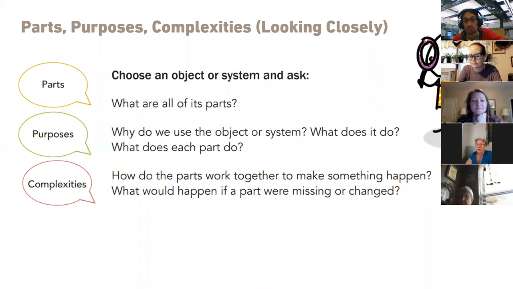These are the questions that you maybe don't have an answer to. Maybe you found a part that confuses you and you're not sure what that part's purpose is. That's a complexity. And complexities could also be thinking about what happens if a part is missing or if it was changed. So same thing, let's share out some of the complexities that we have found in this activity.